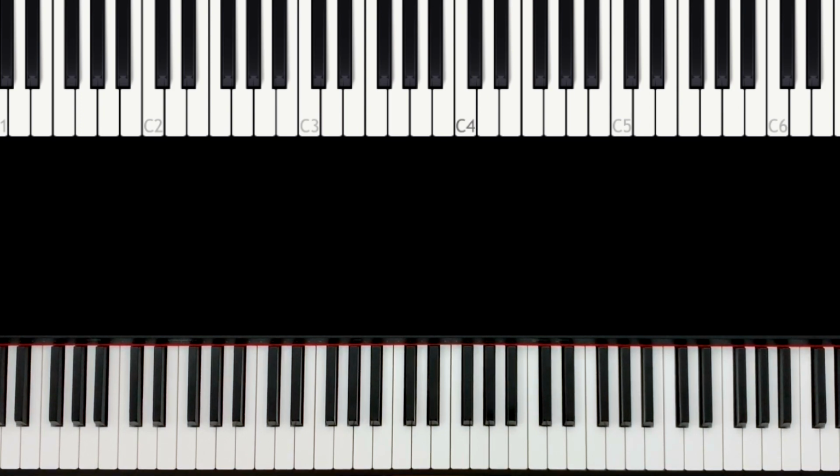Welcome to the next part of Time by Hans Zimmer. And we go on with the right hand. We have more melody now. And this is this melody. And the right hand we have...